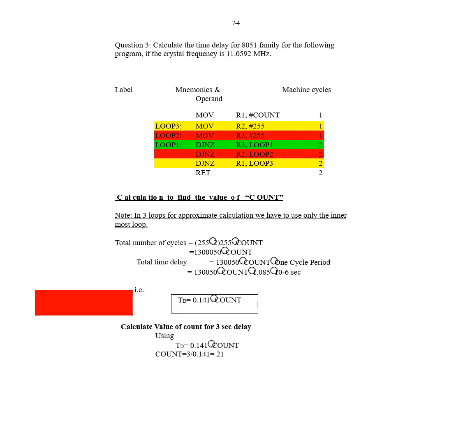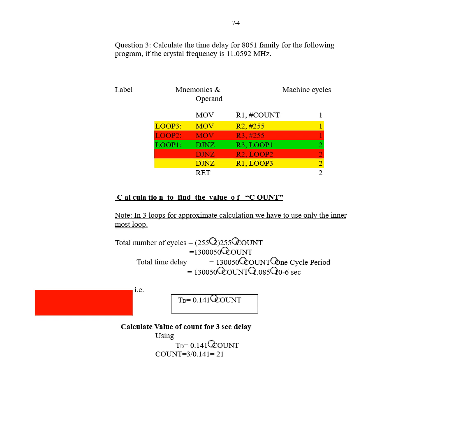When you have three loops, to make things much simpler, consider only the innermost loop, because the innermost loop will make the maximum delay. Which one is the innermost loop here? Loop 1.